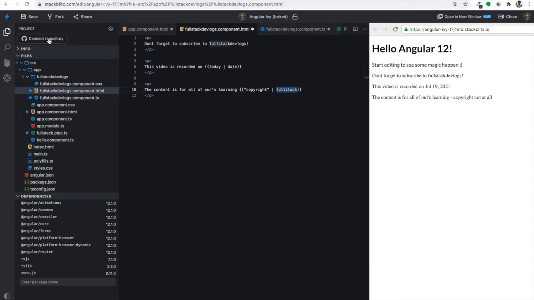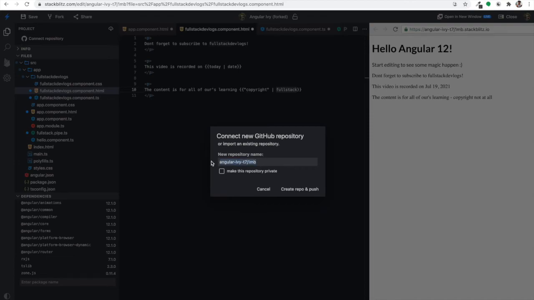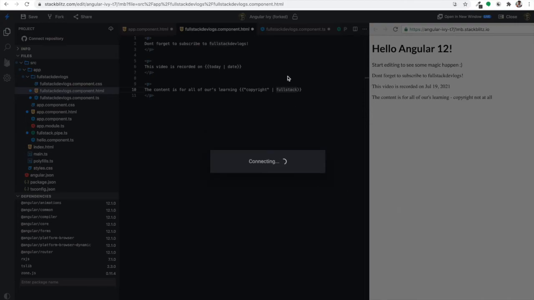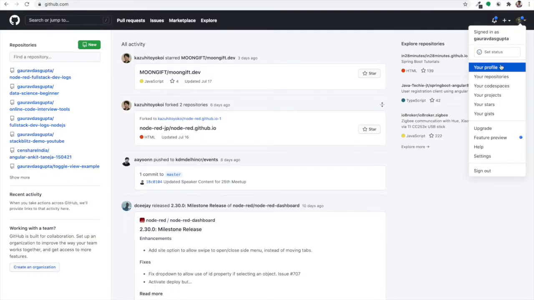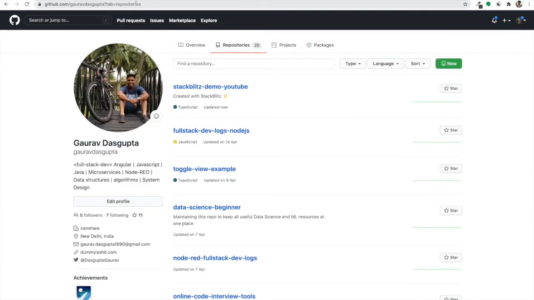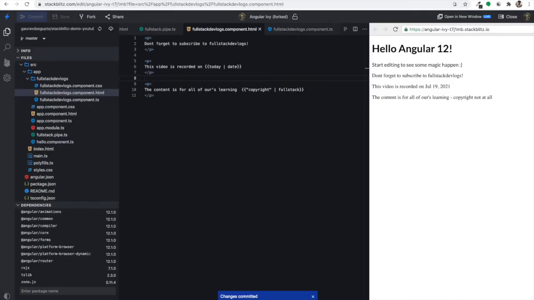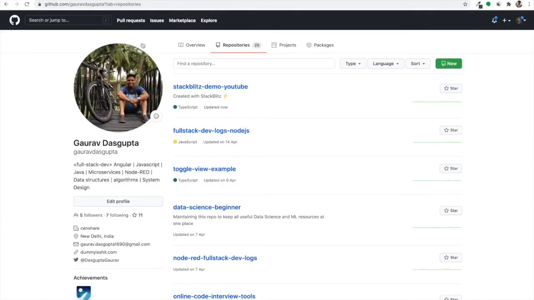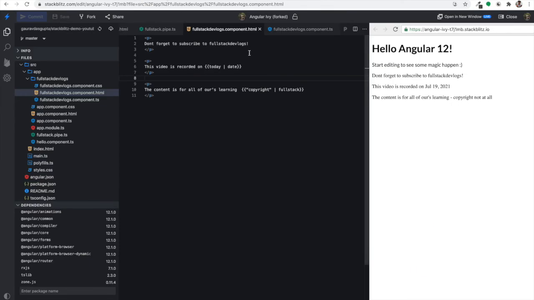And don't forget, after doing all this, that we have to connect it to a repository, and I will create the repo and push it. So we will go to our own GitHub repository. You should connect it to your repository. I have already connected it. You can see how I have done it in my previous video in this playlist, and you will see that yes, StackBlitz demo YouTube is created here, right?